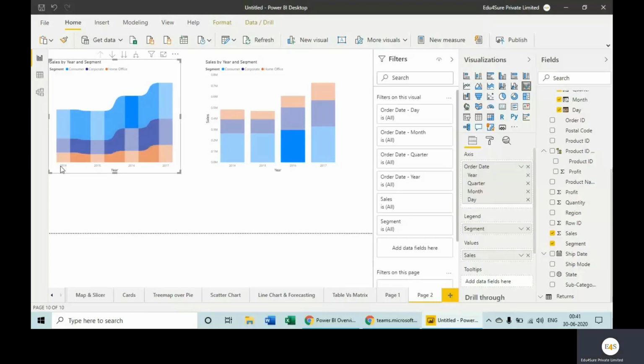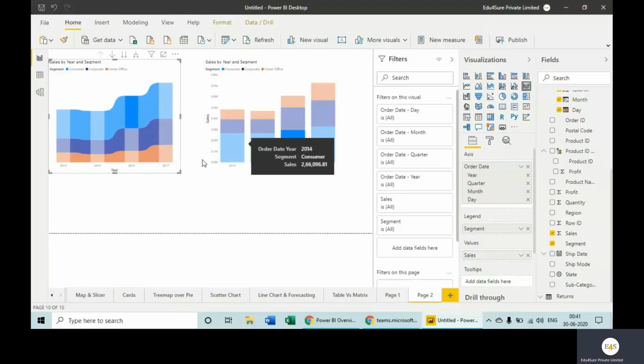Move to this one where the year has been written first, because this one is the same as this bar, 2014. Do not look into this gap as of now. Keep the cursor here: order date, segment, and sales, the same as this one. Similarly when we move to 2015, same, 2015 consumer 2.66, 2015 consumer 2.66.